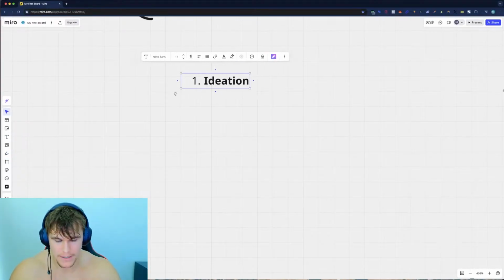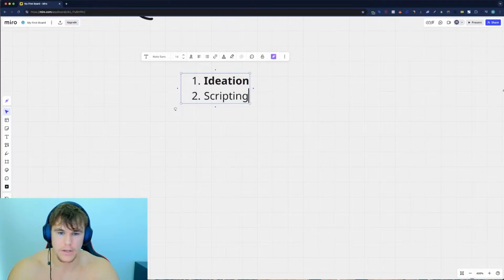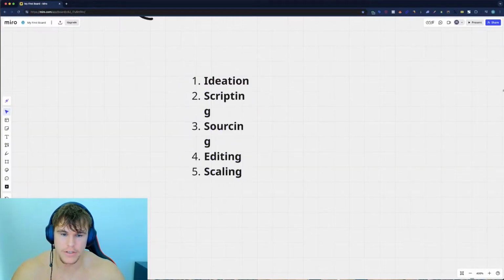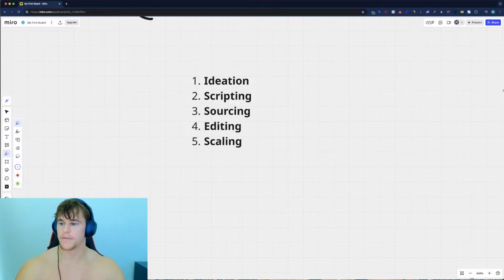So what is the general idea of the ad that you're going to be creating? Next is going to be the scripting. Next is going to be the sourcing of the content. Then you have the editing. Then you have the motherfucking scaling, right? So just so that we're all on the same page with these steps, ideation, for those of you that don't